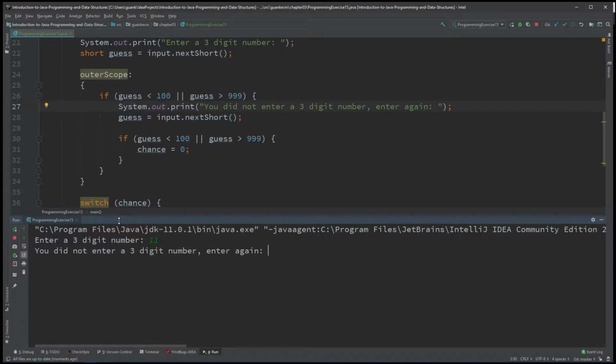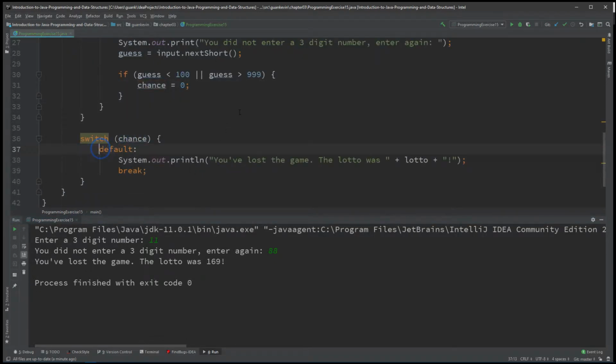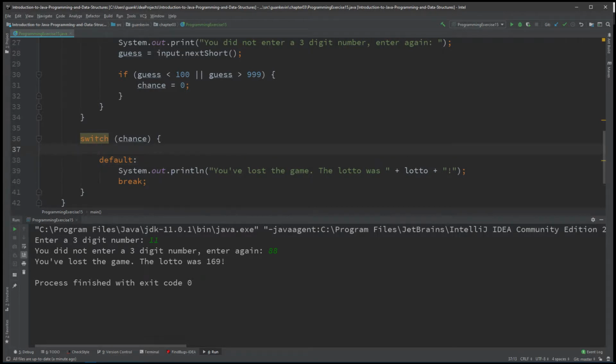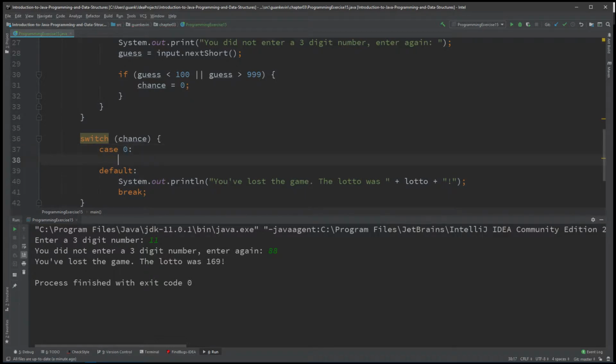And this time, if I enter again, and if for some reason I enter a 2-digit number again, well, it's going to set this chance variable to 0. Now what this chance variable is going to do is, in case right here, case 0, if for whatever reason it has been set to 0,